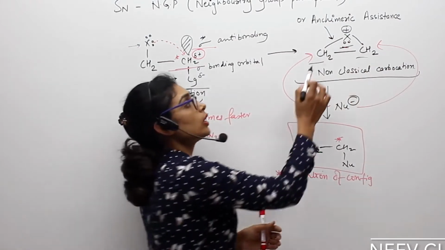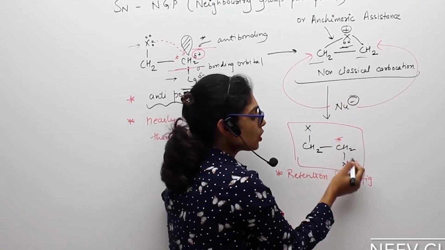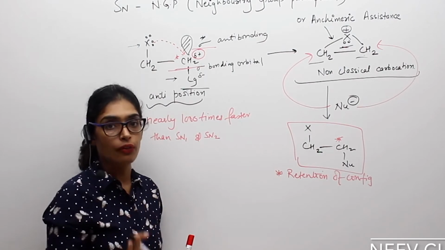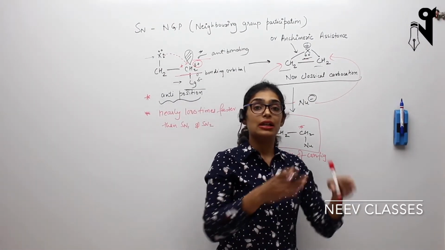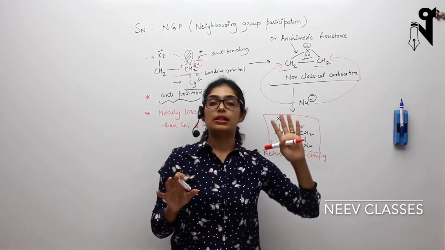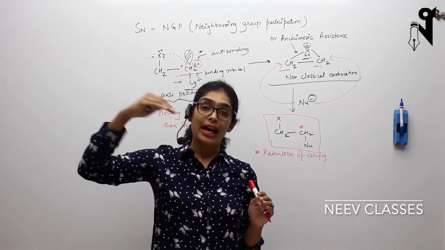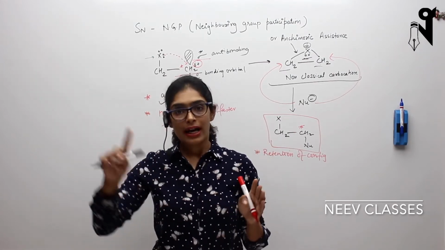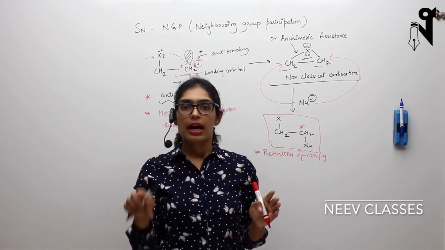When the nucleophile attacks this carbon from the bottom side, that was the position of the earlier leaving group also, and hence the retention of configuration will take place. Again I'll explain. The non-classical carbocation has formed in the opposite direction with respect to the leaving group. Once it has formed, the nucleophile will not attack from the side where X is already present, because it will face repulsion there. Hence it will go to the opposite side and attack on the possible carbons,